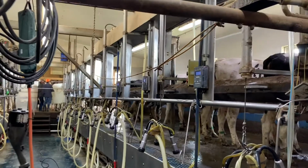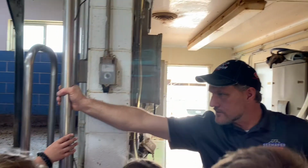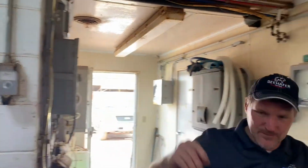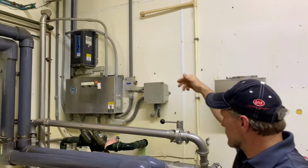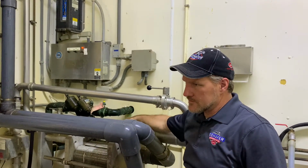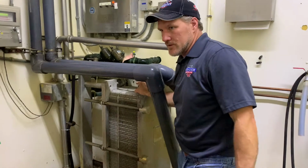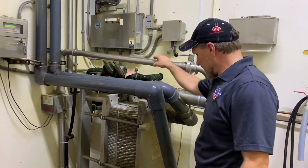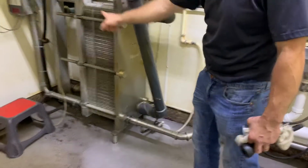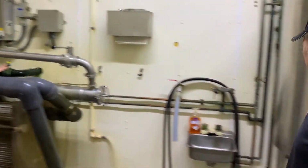This parlor was built back in '92. It's very old. It's about 90-some degrees out. Feels pretty warm, right? So that milk is coming into the milk house where it goes through a filter, right? Then from here it gets transferred to this big plate cooler where the milk gets cooled. Right? It's going from about 98 degrees down to 38 degrees as it goes through, like a refrigerator. Right? So then from there the milk gets pushed over